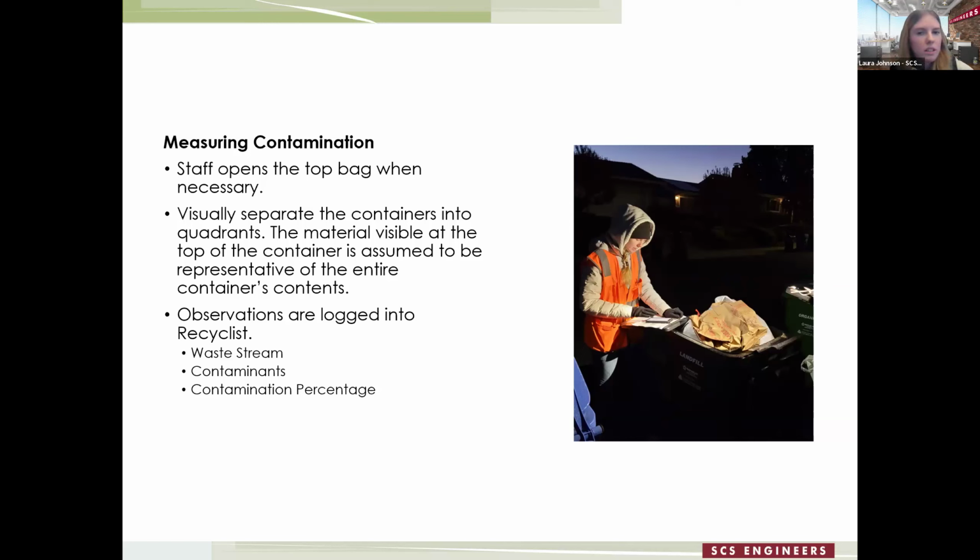And then once we're at the field, we have Recyclist on our mobile phones, so you're able to log all of that information in real time. One thing when working with a mobile app is that it can crash, it can lose connection. So we always make sure to have a physical copy backup in case you lose access. You don't want to be stalled out in the field, so we can continue to move forward.